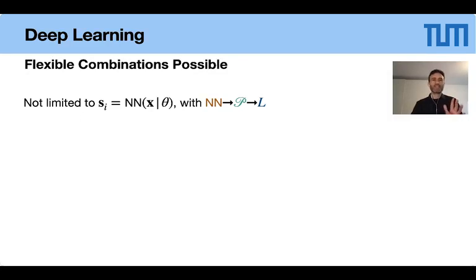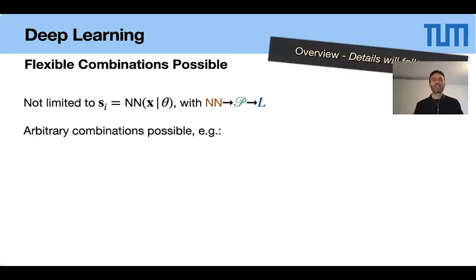In this example I've given here, we just assumed we basically have a neural network that gives us a physical state to be provided to the solver. So we have the sequence, basically neural network, physical solver to the loss, but of course that's not all we can do. So this is just a rough overview to point out this simplification that I've made here. I'll come to more specific examples in a moment,